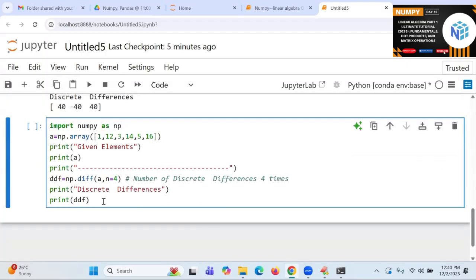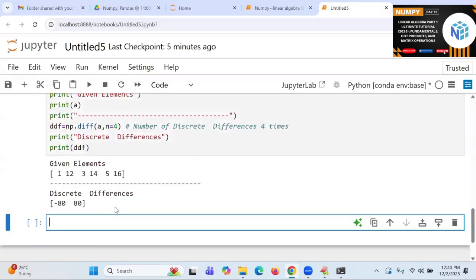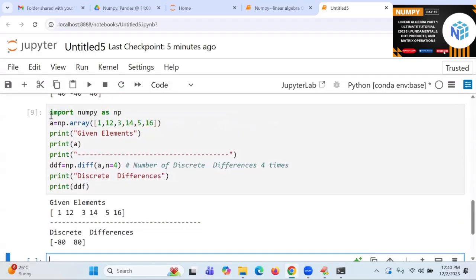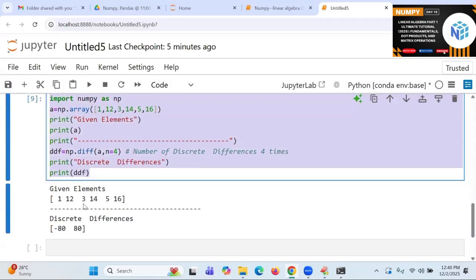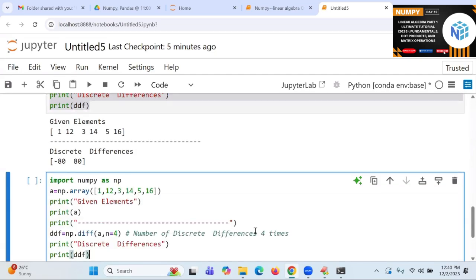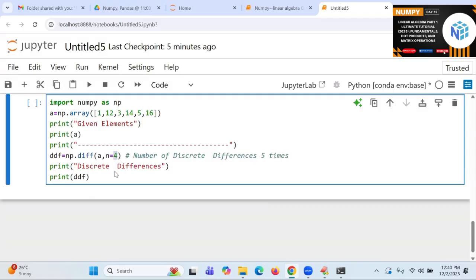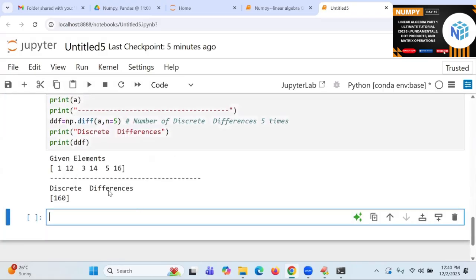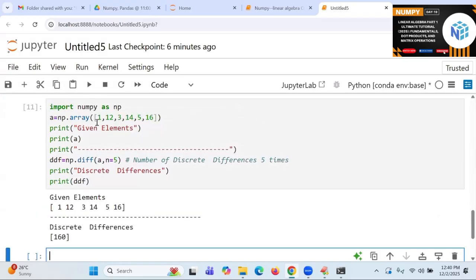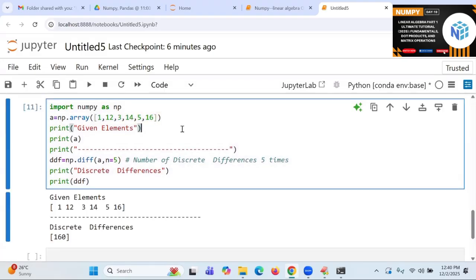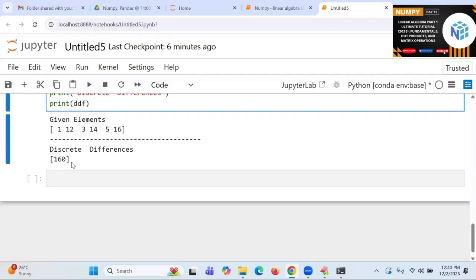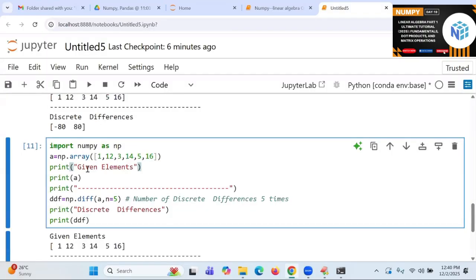You already decided, I hope so. What is the answer? Right. The last one is going to contain what? Like this. So 5 times is equal to 5. What is the answer now? What they are going to ask you is they will give the data. They will say find the discrete differences whose result is equal to like this. If they give it from the implementation point of view, when you go to the system